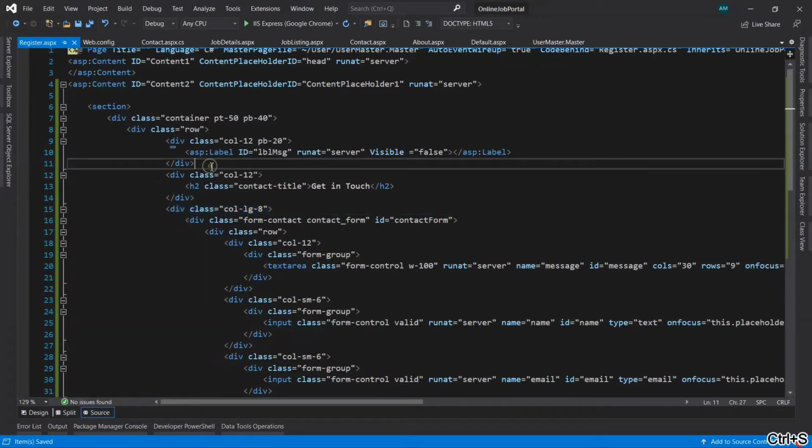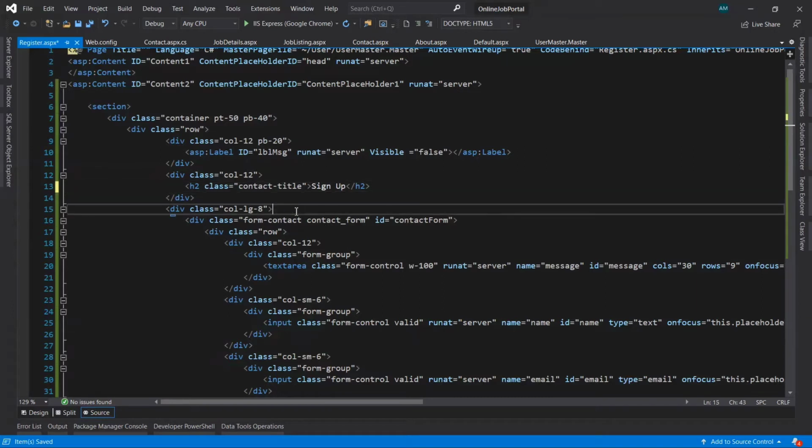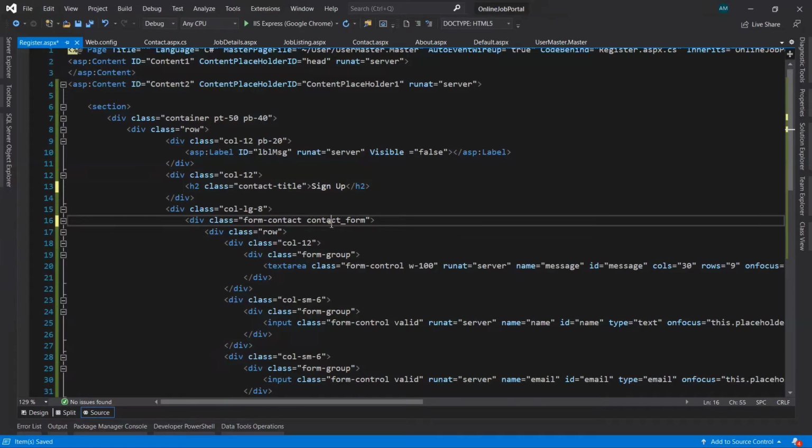Now we want a label for displaying messages here, and the title we need to change here to Sign up. We don't want this ID, so we'll remove it.